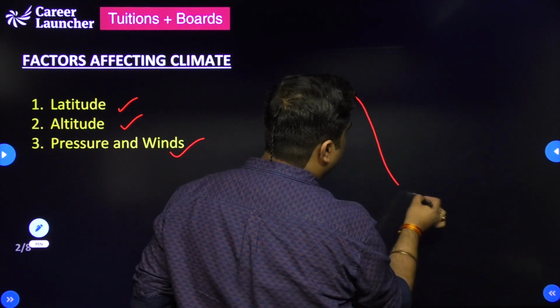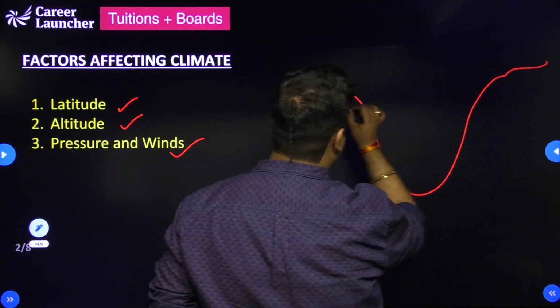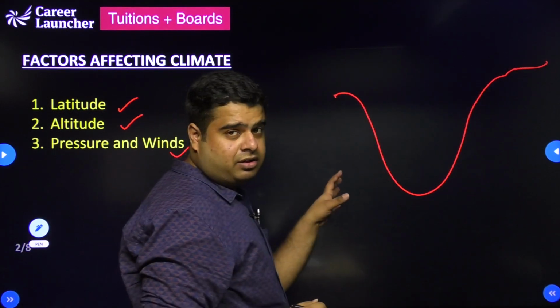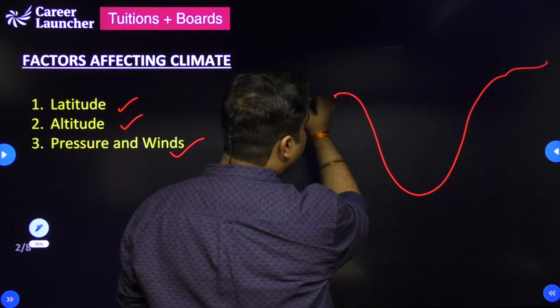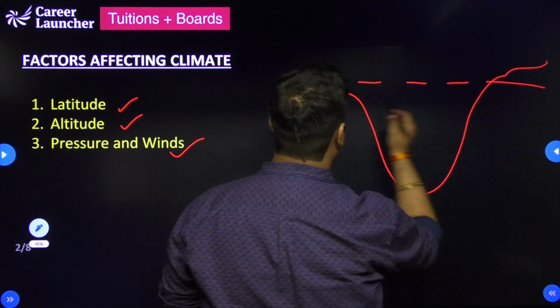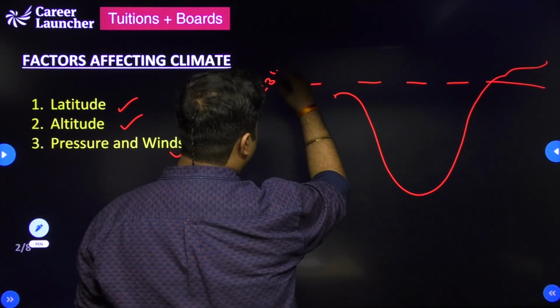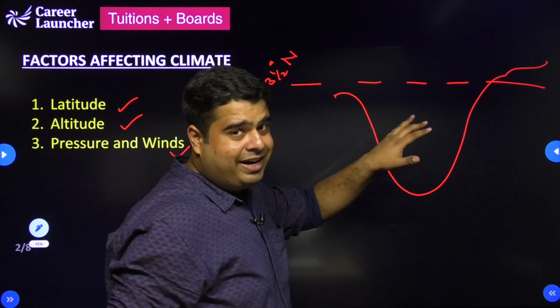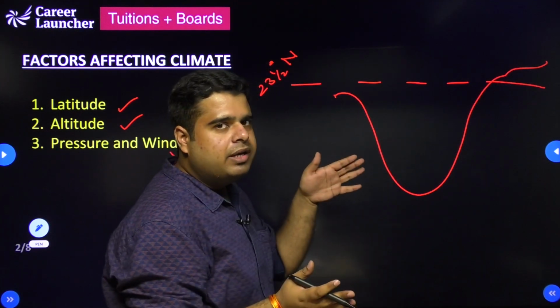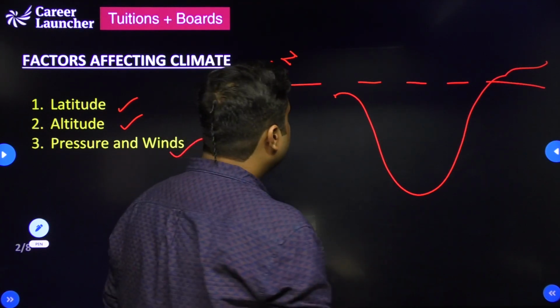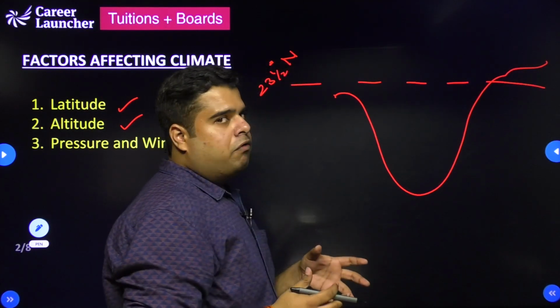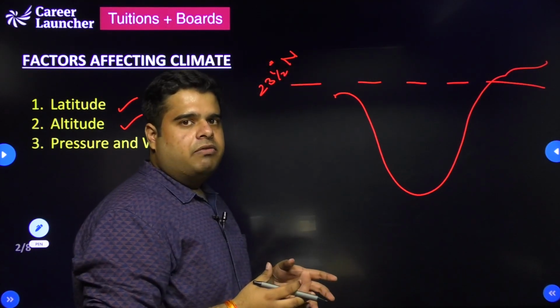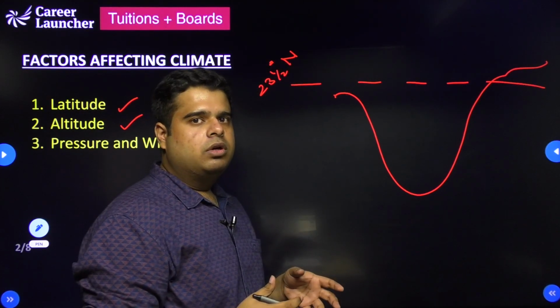So how latitude affects the climate: India is located in the northern hemisphere, as we all know, and the Tropic of Cancer, located at 23.5 degrees north, passes through the mainland India and almost divides the mainland India into two equal halves. So when the time of summers arrives, basically in the month of June, when the sun is in